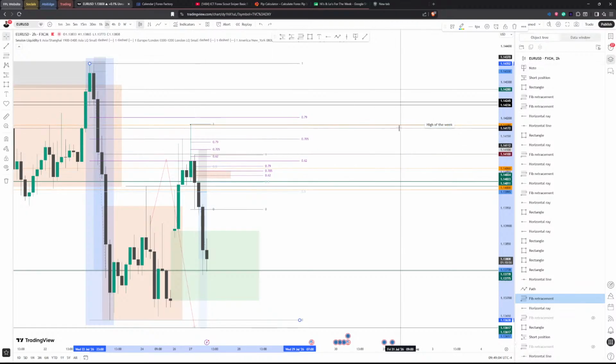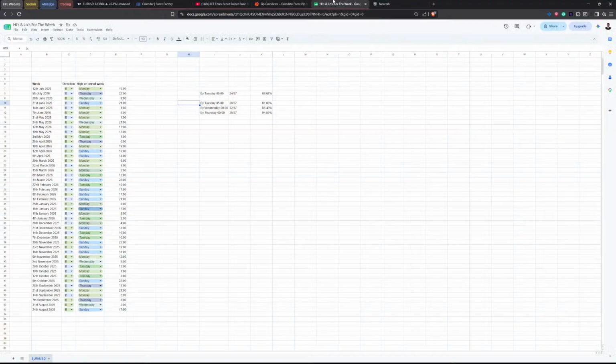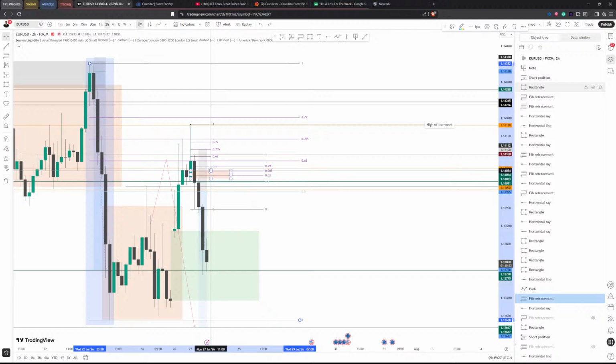So price shouldn't go above this. So when you have the high of the week, we know based on our stats here that by Monday, it's almost two-thirds of the time we have a high formed if we're bearish for the week. So we've seen on multiple occasions price can actually create the high of the week on the actual Sunday. So whilst we're bearish, we've got a reason for being bearish. We can interpret this high of the week as the high of the week that probably will be the high for the rest of the week. Not guaranteed, but the odds are in our favor, and the longer time goes on, the higher the chance it is of actually being the high of the week.